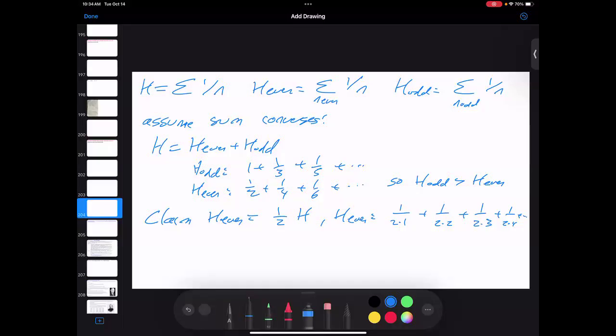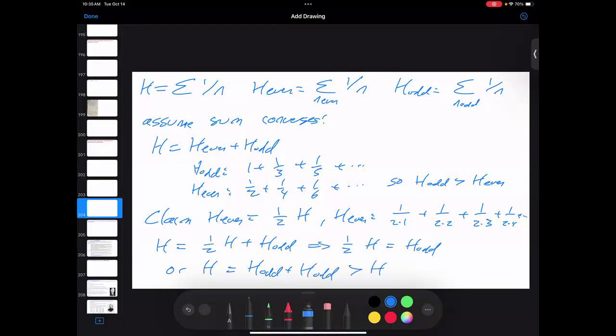So if that's the case, I would get H equals 1/2 H plus H odd. Therefore, 1/2 H equals H odd, or H equals H odd plus H odd, which is greater than H odd plus